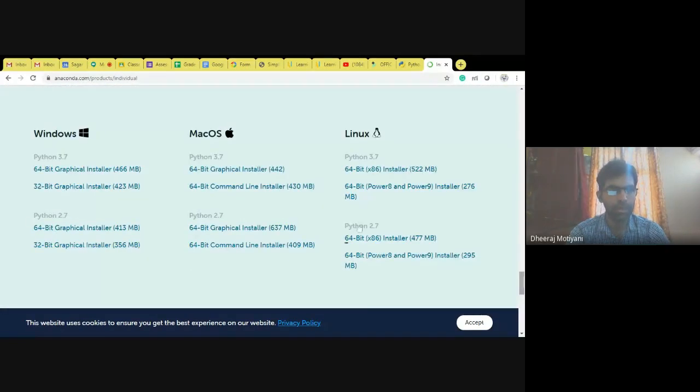For Windows, you have to install this installer, the 64-bit graphical installer, 3.7 Windows. For Macintosh, you have these, and for Linux, these. Go with whichever version matches your operating system, install it and move on.